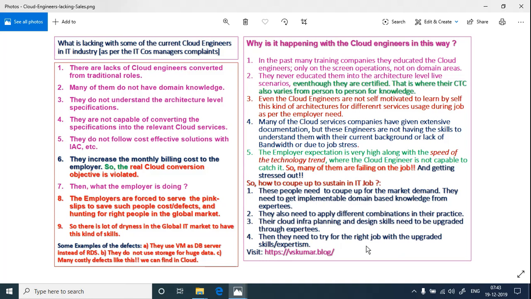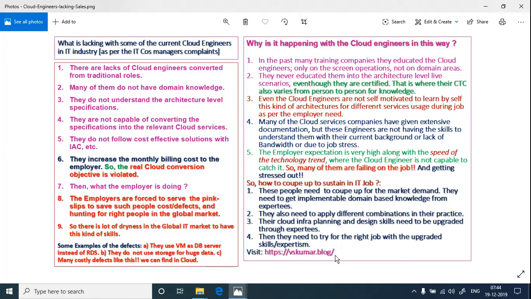Let us say you want to implement RDS, or serverless computing, that is how you are going to implement it. If you take a load balancer, how was it in the traditional setup, and how are they going to implement it? What is the gap analysis between the traditional setup and the cloud setup for that particular environment in cloud? All these things will come by getting knowledge sharing from experienced people, from the experts. Then they will be able to catch up on what their task is and what design steps need to be there for that particular domain requirement.